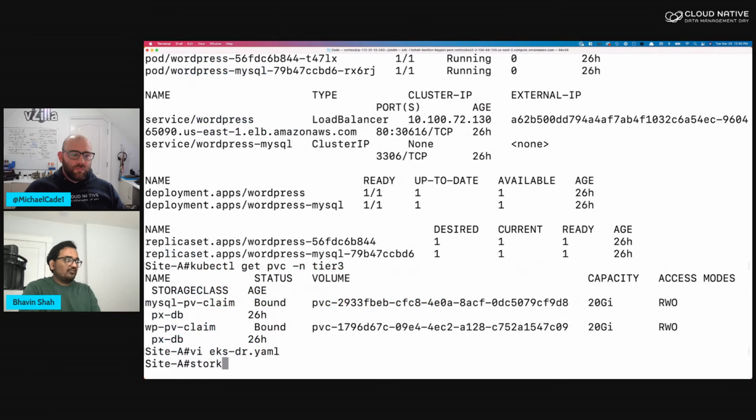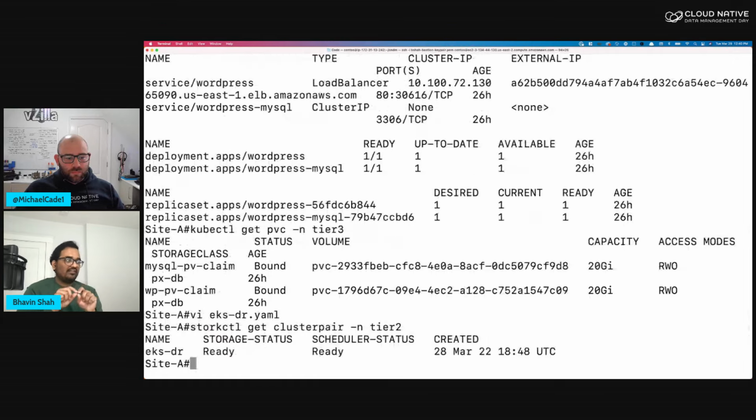If you do a storkctl get clusterpair, you'll see that we sync at the storage layer and the scheduler level as well. That's why we are able to copy not just the Kubernetes objects, but also persistent volumes. For synchronous DR, there is a requirement of less than 10 millisecond round trip latency, because in those sync DR cases, we are deploying a stretched Portworx cluster. So you won't see a separate storage status. We just sync the schedulers between the two clusters, and storage replication is handled by Portworx under the covers.